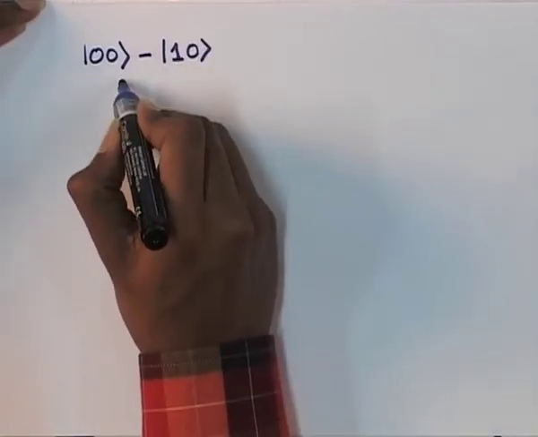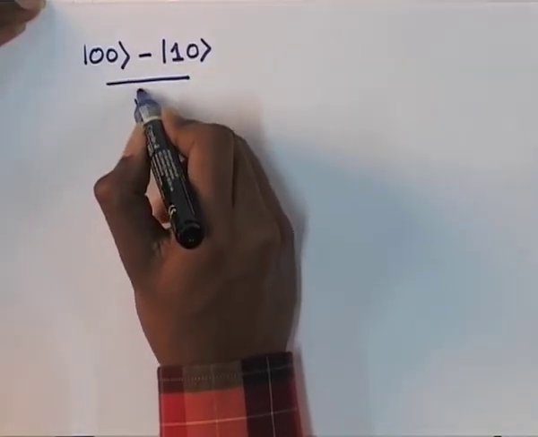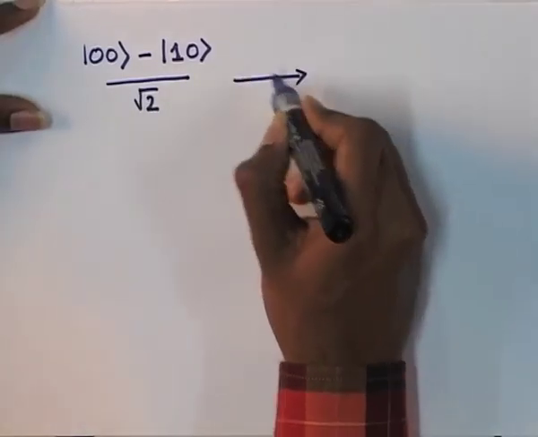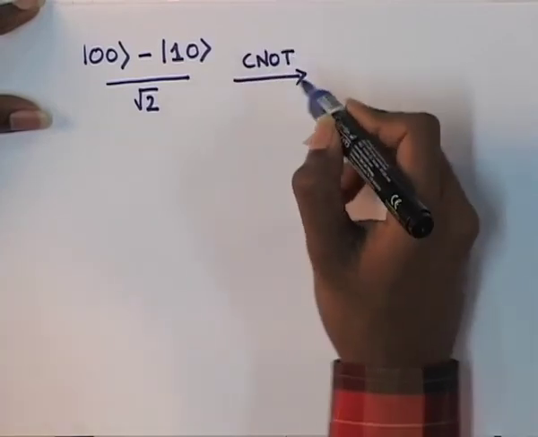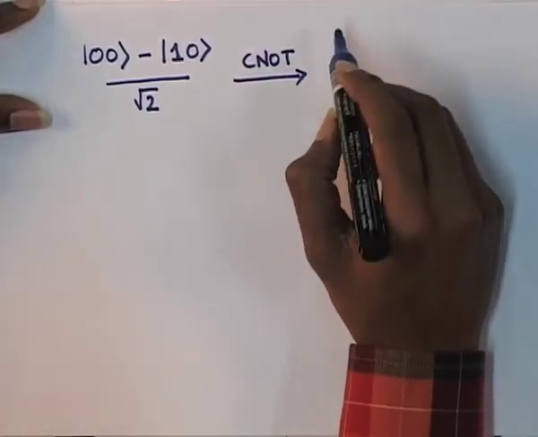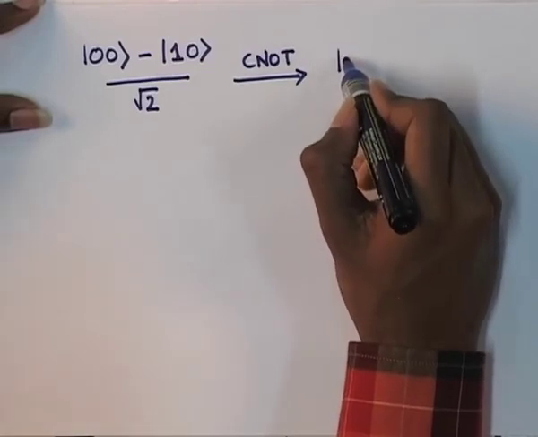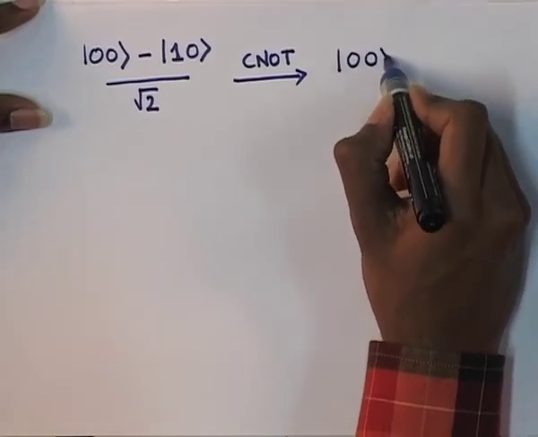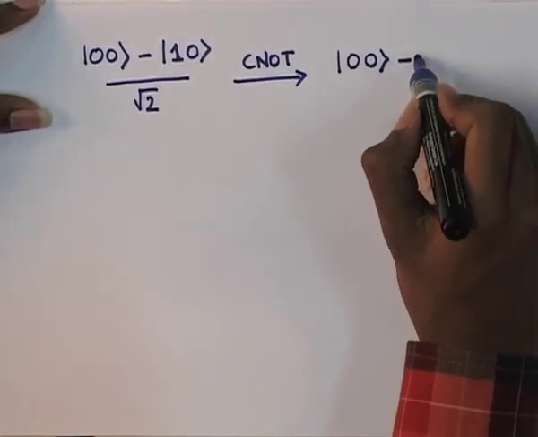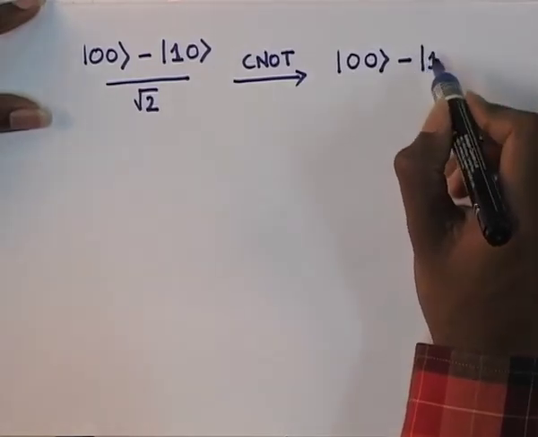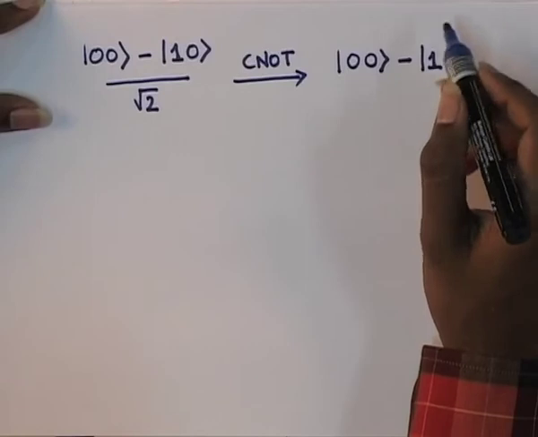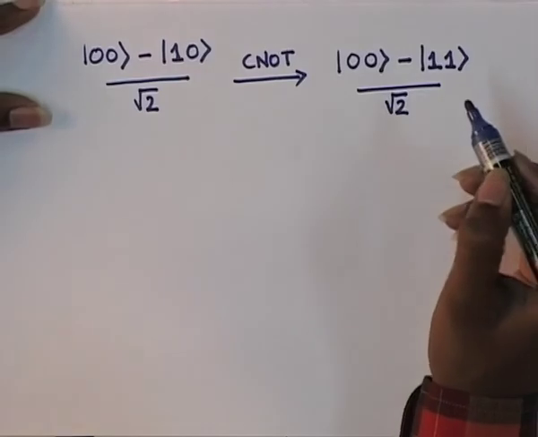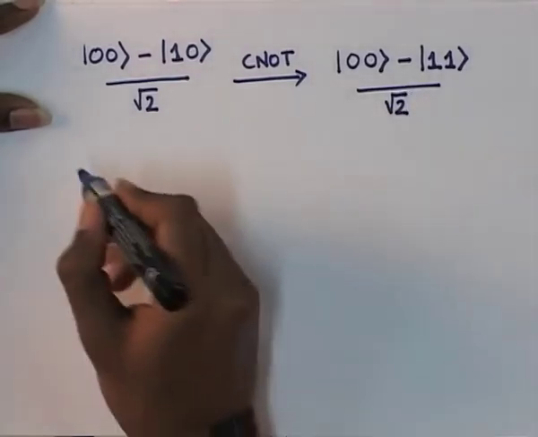So the CNOT gate is applied on the state |00> minus |10> divided by square root 2, which is the resultant we obtained after applying the Hadamard gate. And the result of applying the CNOT gate is, as the first qubit is the control bit and the control bit is 0, the second bit doesn't get altered, and in the next state, as the control bit is 1, the second qubit, which is 0, gets transformed to 1. And now